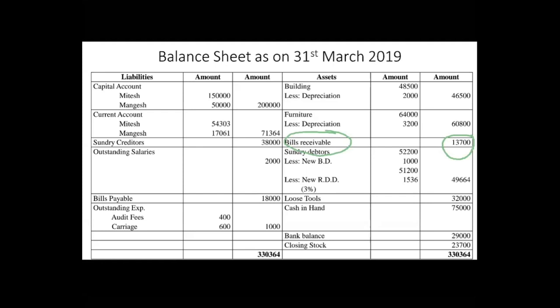The next one is sundry debtors. So sundry debtors is an asset and sundry debtors is always having an adjustment. Okay, so whenever you write sundry debtors, always try to leave 4 to 5 lines. सundry debtors के नीचे 4 to 5 lines हमेशा छोड़ देना because sundry debtors is always having adjustment which is more than one. It is recorded in the balance sheet asset side. If you will see over here, what is the amount? It is 52,200, because again in this problem, two adjustments are there, bad debts and RDD on debtors.